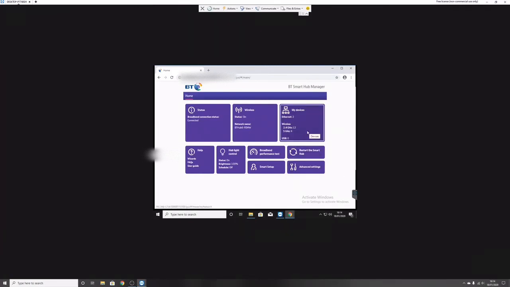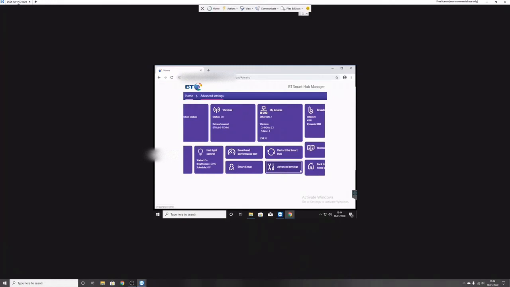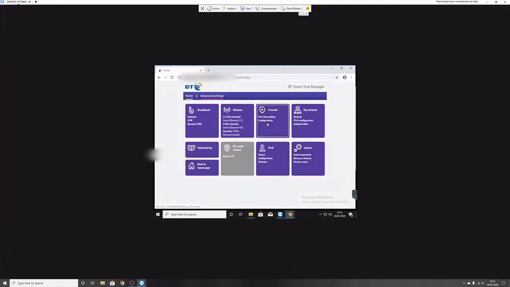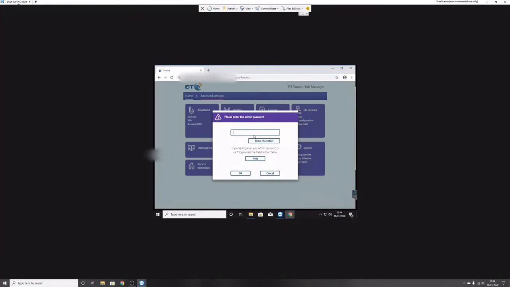So just once you've done that, you should be shown some screen that looks vaguely like this. I'll give you some links to YouTube videos that show you how to port forward lots of popular routers, but I'll show you how to port forward the BT router or get onto the port forwarding menu. So what you do in a BT router is you go into advanced settings, firewall, and because this